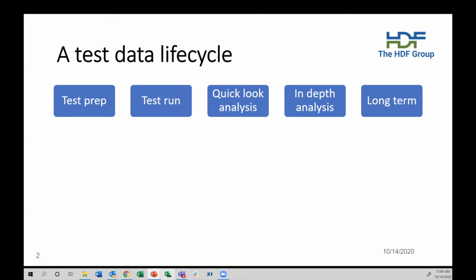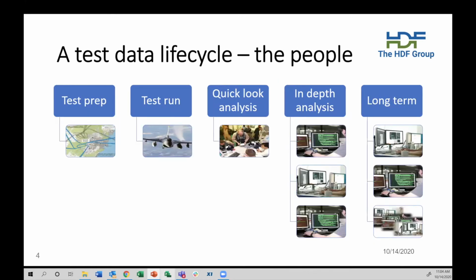If we think about the life cycle of test data, there's a test preparation, then the running, then the quick analysis right during or right after the test, and then a more in-depth analysis, and then long-term analysis. And I'll skip a couple of slides down here to speed things up. But basically, you've got data at each of these stages, and that accumulates as you go from left to right. And when you get to the point of the in-depth analysis, you have all of the data from the test